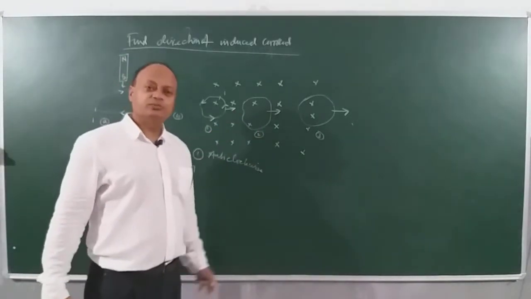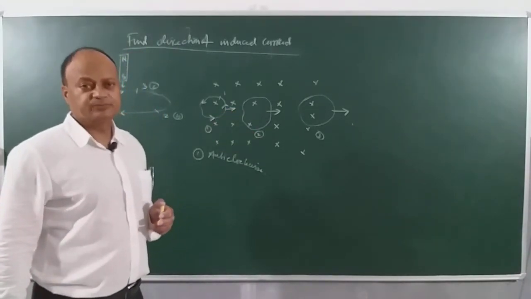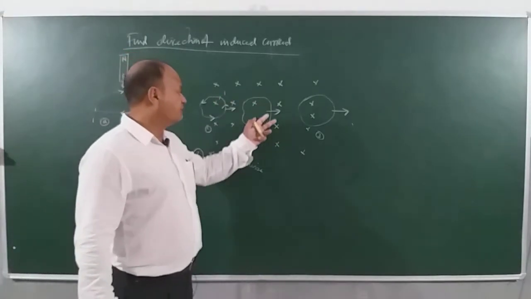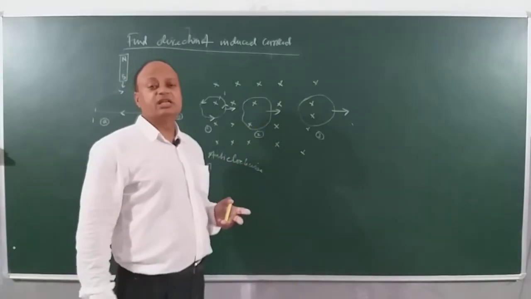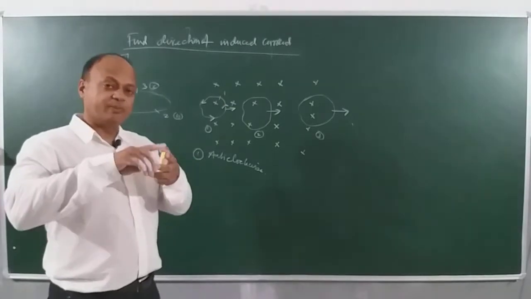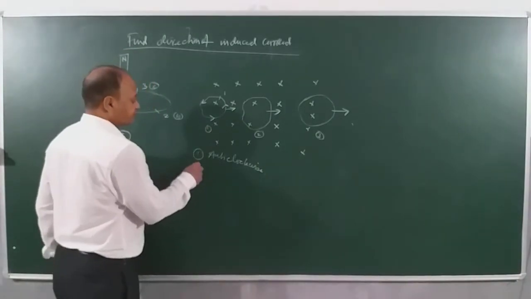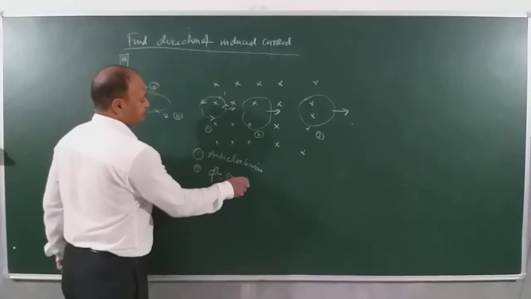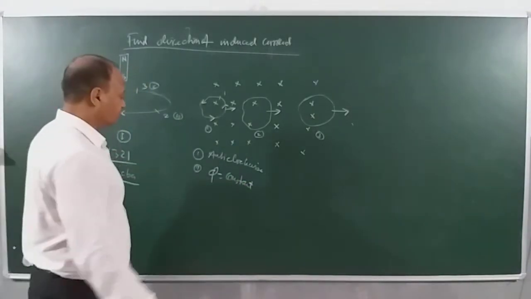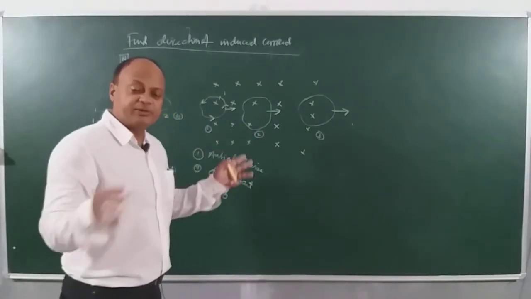When you look at case 2, here the coil is fully inside. So, when the coil is fully inside, flux associated with the coil is not changing, because for changing flux, you have to change either area or magnetic field or the angle. None of these 3 is changing. So, in this case, flux is constant. And if flux is constant, then what will the current be? Current I will be 0. There will be absolutely no current in case 2, because the flux becomes uniform.